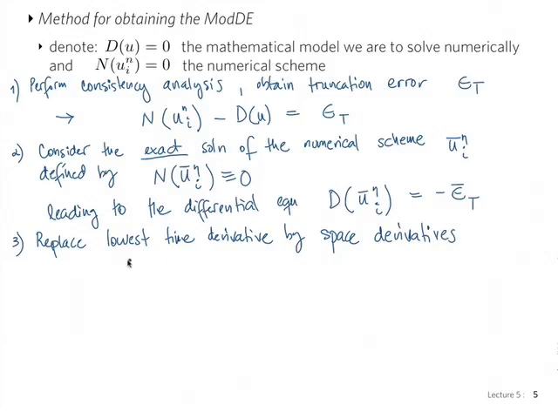That is, we do that in the expression for the truncation error by applying the differential equation in step 2, the differential equation of step 2, which is that one over here. And the final step, step 4, the modified differential equation